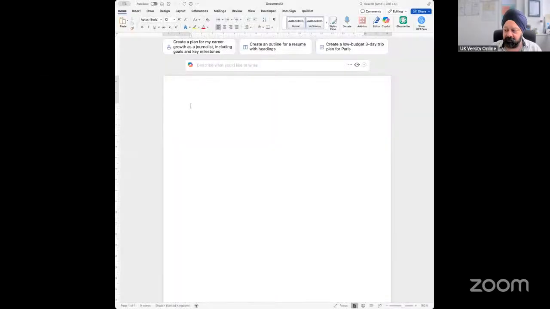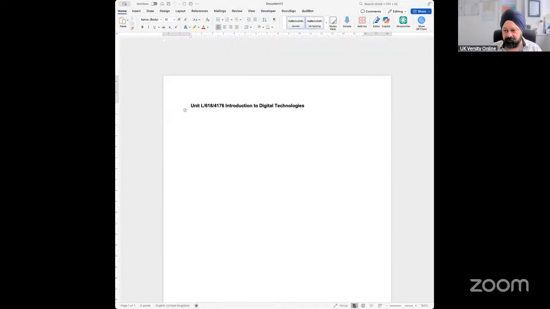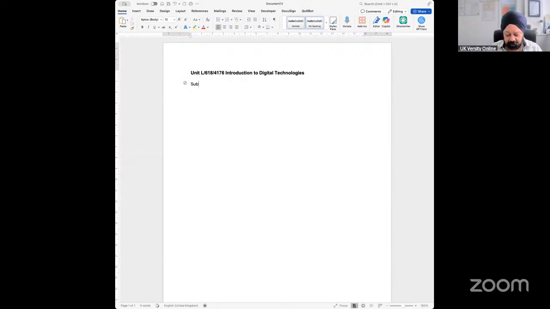would be that when you start the assignment in a blank document, just make sure that you copy some of the things as they are, which are coming in from the assignment brief. There is no rocket science: submitted by, and then obviously you make sure that you send the learner declaration along with it. Now, when you write the tasks out, if I am asked to do the tasks, I would write task 1 planning strategy, and then I copy the tasks which are given as they are from the assignment brief